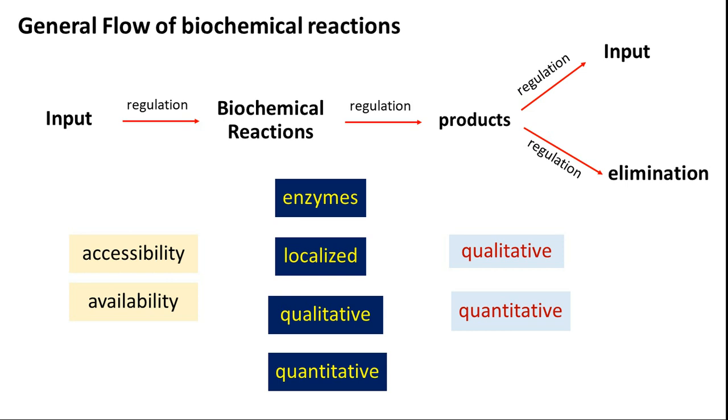This is the way how health and disease condition is closely connected to all our biochemical setup: the inputs, the enzymes, the rate of enzyme or physicochemical aspects of enzymes, as well as products. So if you are able to observe or analyze the chemistry of a particular biochemical reaction, you are going to comment on the health or disease status of a particular tissue. So this is the way how biochemical reactions and health are related.